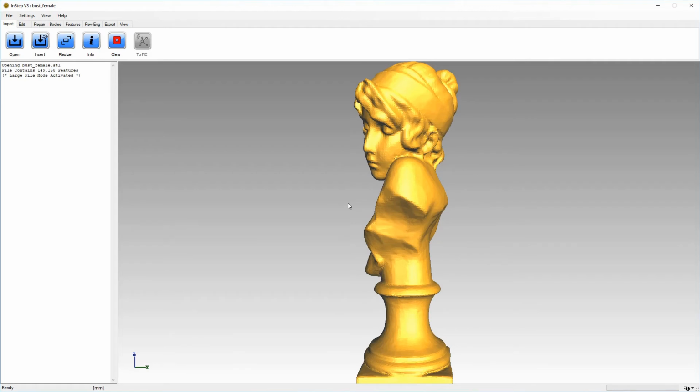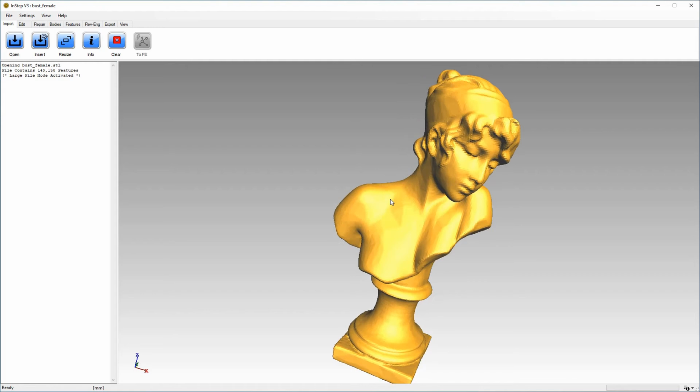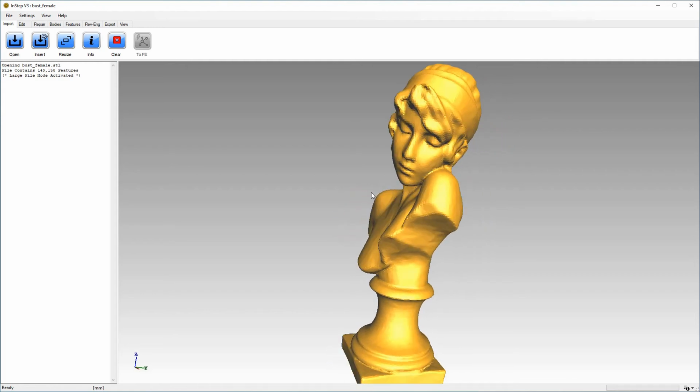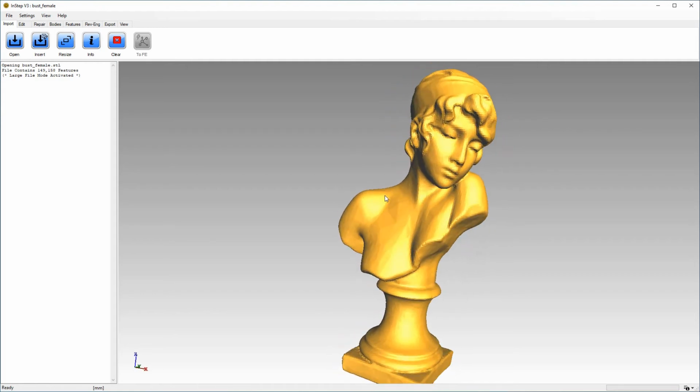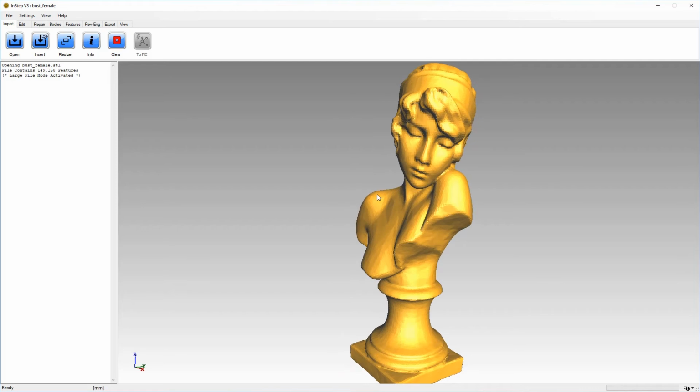In this case, we're looking at a 3D scan of a sculpture that is available online. You can see our website for references to the creator of this. And we can also see that it's got a relatively large number of features. If we were to just follow the normal process of exporting this to STEP, which we're going to do here for reference.